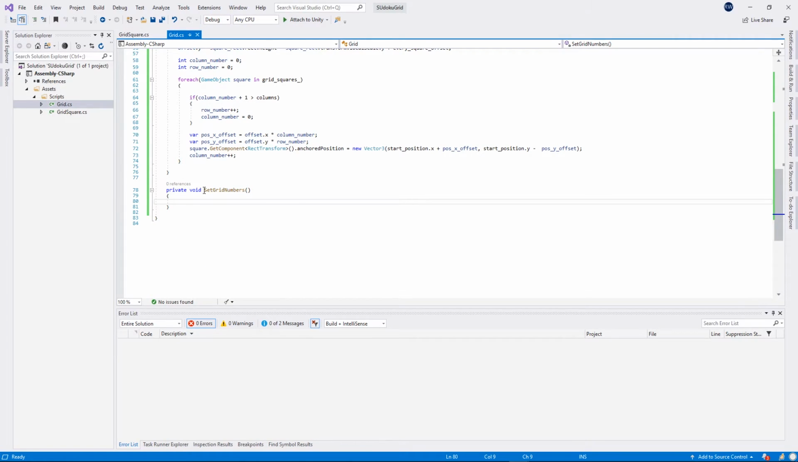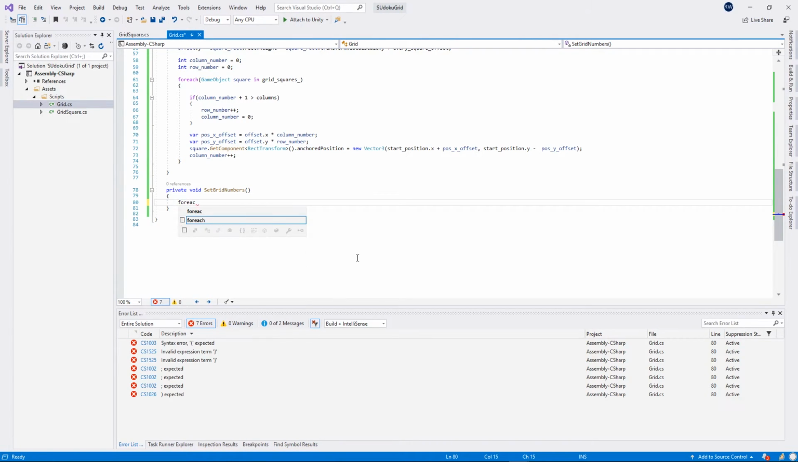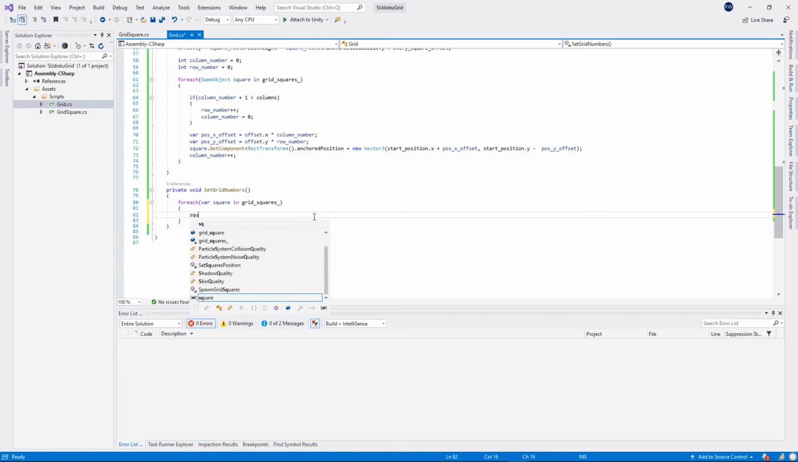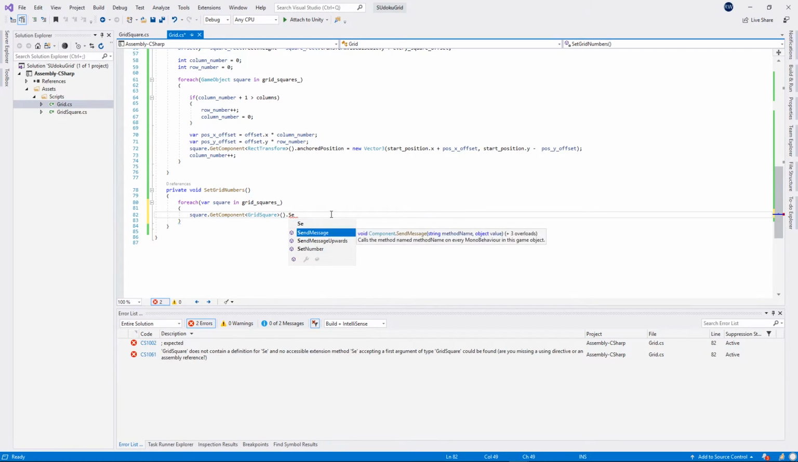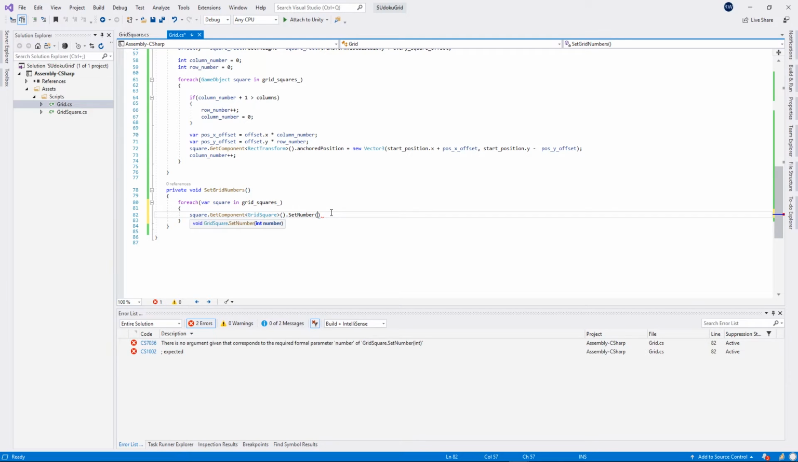Inside our set grid numbers function, we want to loop over all of the squares. So for each var square in grid squares, we want to do the square dot get component. We want to get the script, so grid square dot set number, and for now let's just pass a random number. So I will use the random